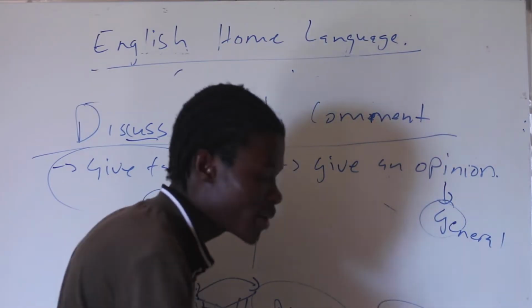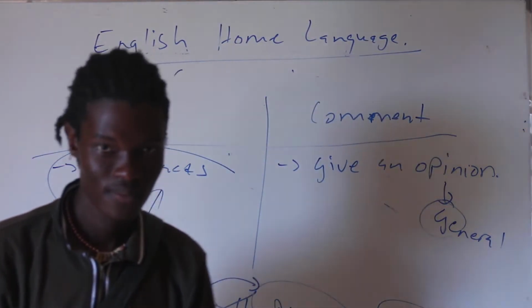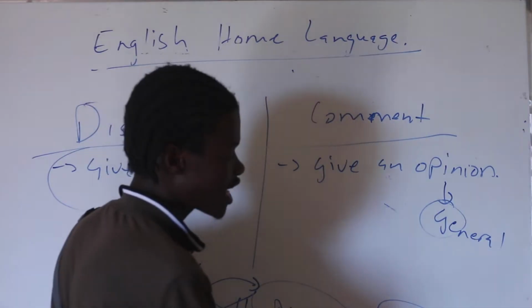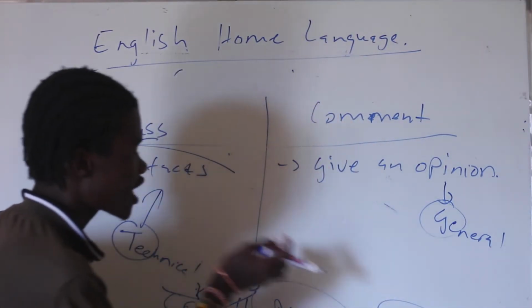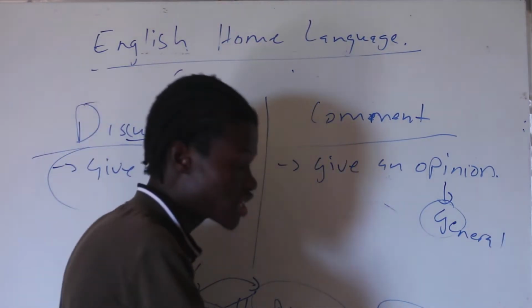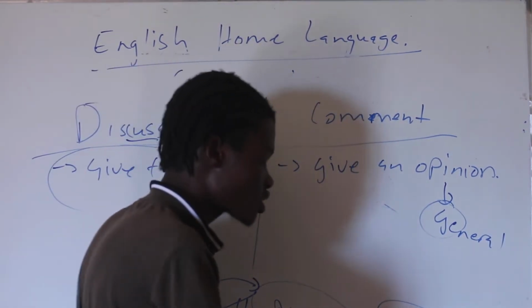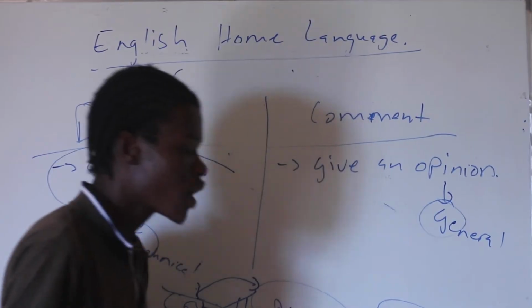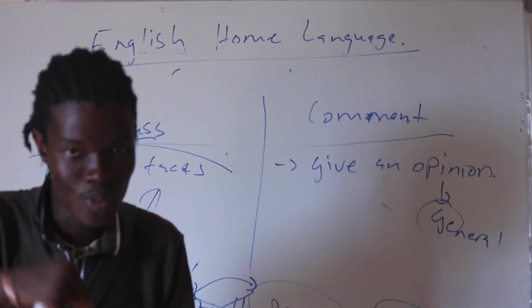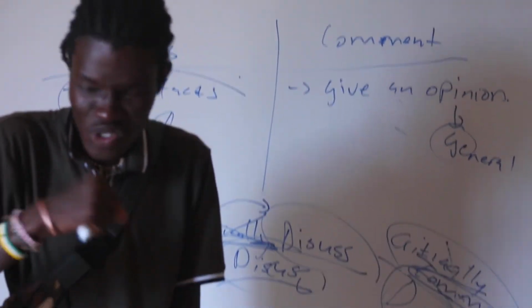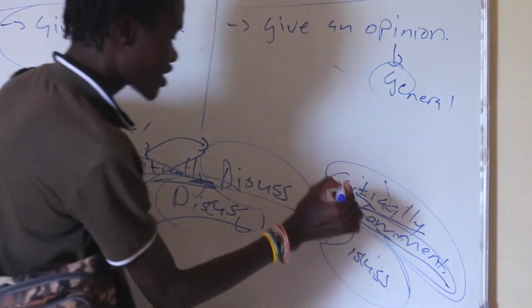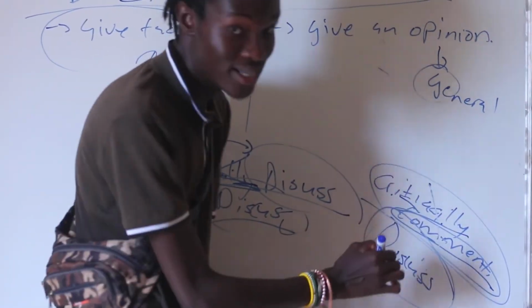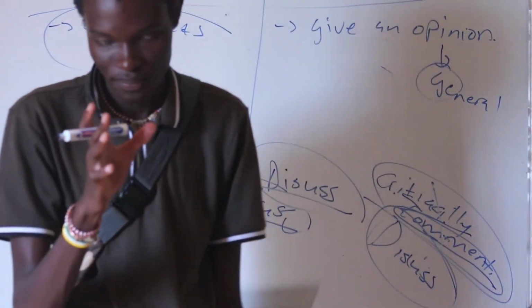When they say "critically comment," they are basically telling you to discuss. But they say "critically comment" so that they can confuse you with this word "comment," and then right now you don't know whether it's a technical question or a general question, and you start getting it wrong. So when you see "critical comment," just know that they're saying you must discuss. What is critical? Critically means you must criticize defects, not opinions. So that's why I'm saying "critical discuss" and "discuss" is the same thing, but "critical comment" and "discuss" is the same thing. I hope I'm making sense.